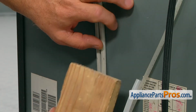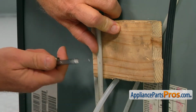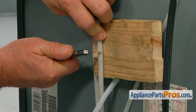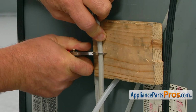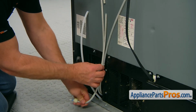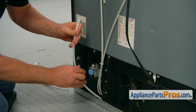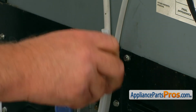Then we're going to insert our improvised cutting board under, and we're going to make the cut. I'm going to use a knife. Again, slowly but surely, we need to make an even cut. Now I can pull out this tube from this retainer. We're going to slide a new one into that, pull it up,